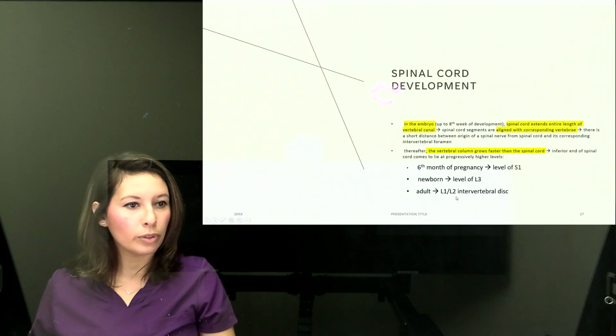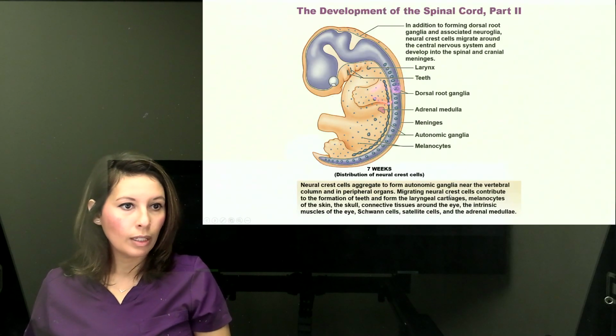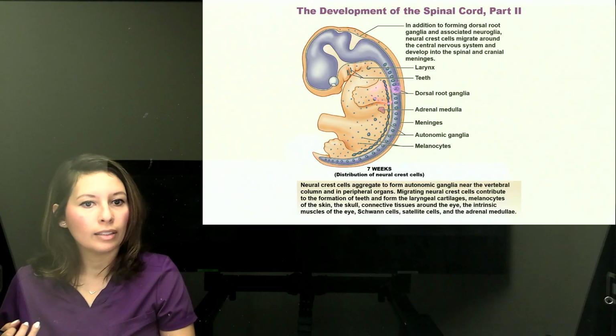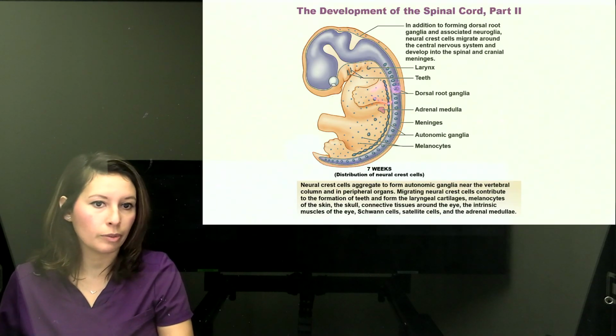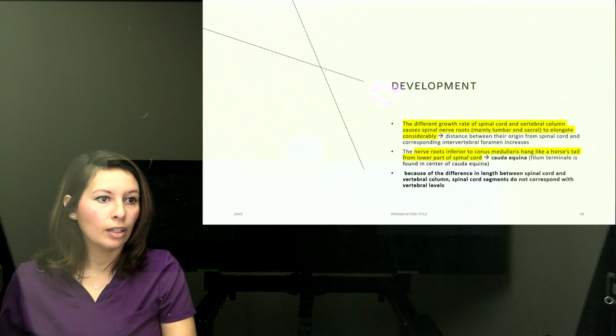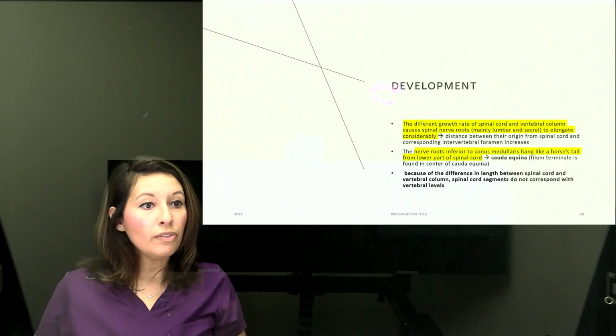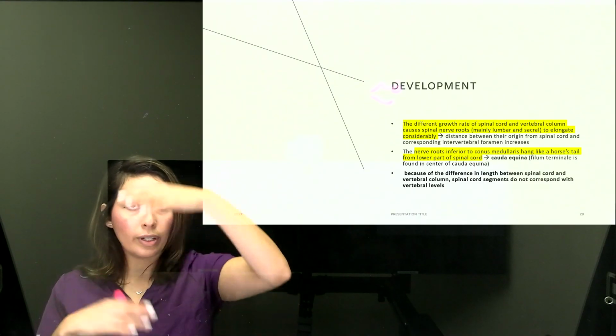And then as we grow into adulthood, it's going to be between L1 and L2. And so here, if you want to take a look at these pictures, it's just showing you the development of the spinal cord and explaining in a picture what I just mentioned, right? So another very important thing that we're going to see is that because of these differences in length,